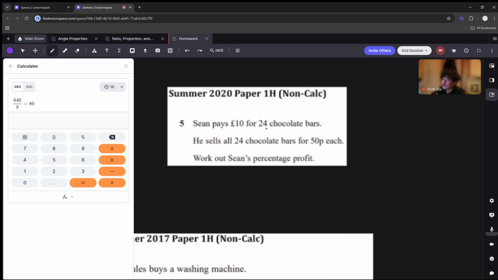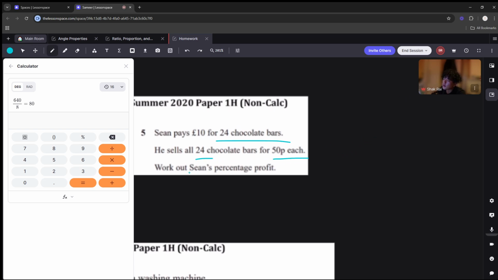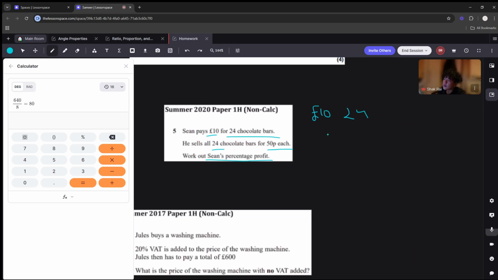Cool. So Sean pays, let me do this in light blue, £10 for 24 chocolate bars. Sells all 24 chocolate bars for 50p each. Work out Sean's percentage profit. So how much does he make to begin with? He pays £10 for 24 chocolates. So 24 times 50p gives me £12, and percentage profit is just change over